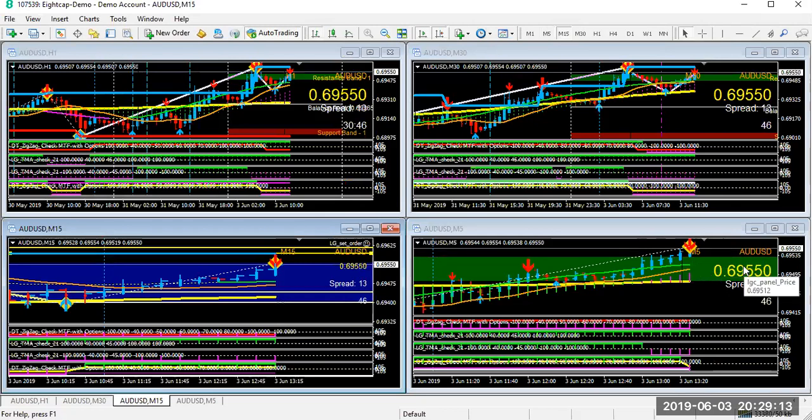So these are the things we'll be looking for. The things that we can see is that price action has achieved the first resistance zone. You can see the green shading there. Which also happens to be at 0.69500,